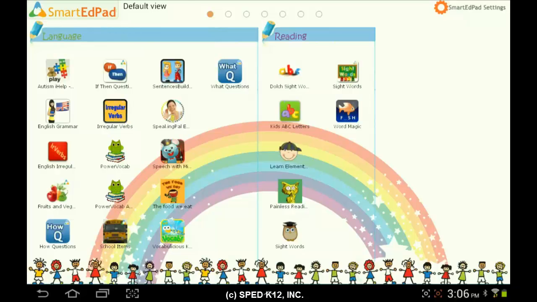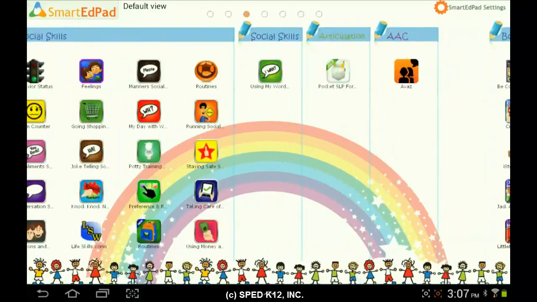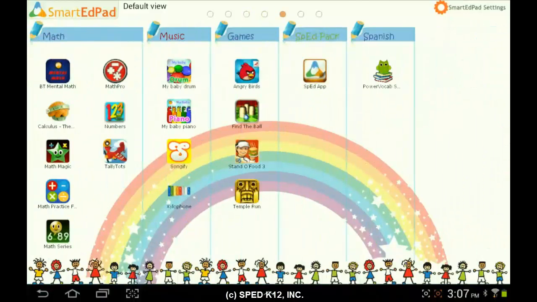Let's take a look at the first level of SmartEdPad's platform. Currently, we're in the default view of this pad. There are 7 pages of applications covering 22 categories with over 100 pre-selected applications as a base foundation for learners and teachers. However, you're not limited or restricted solely to the pre-selected applications given you as part of our bundle